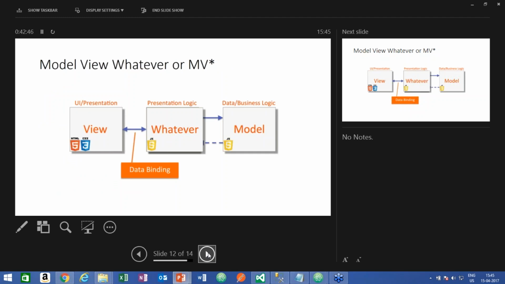So this is the picture that can capture how the MV star model looks in AngularJS. On the view side, you have HTML and CSS. On the model side is where you have the data and a bit of business logic, and your presentation logic could be inside your view model, controller, whatever, right? And what glues together the view and the presentation logic, which could be controller or view model, is known as the data binding. Data binding is one of the features of AngularJS,